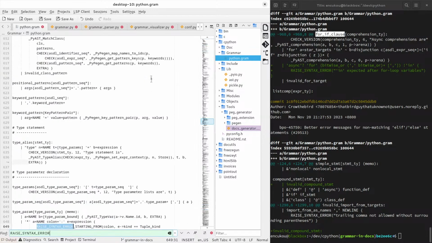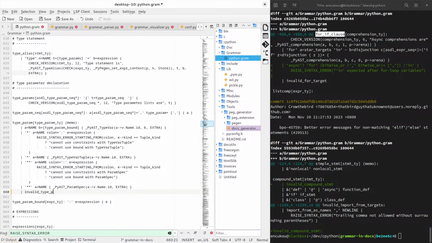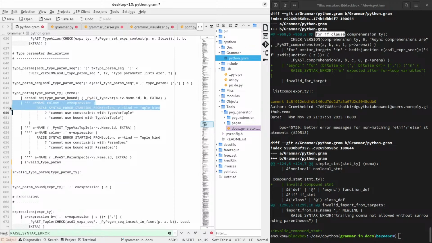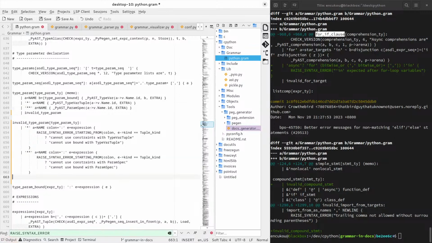and do the same thing for type parameter, I can probably do or invalid type param, and I don't think I need to put it in the section below. That's just to make things, or to group things together. So if I add these here